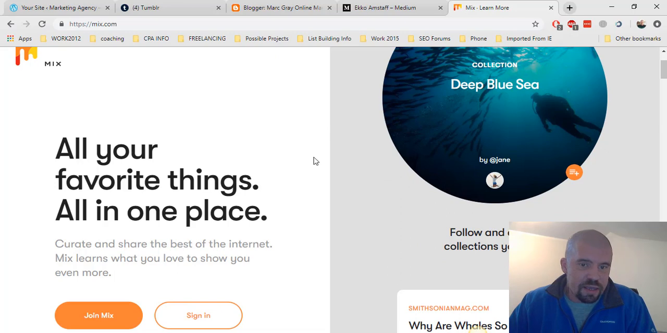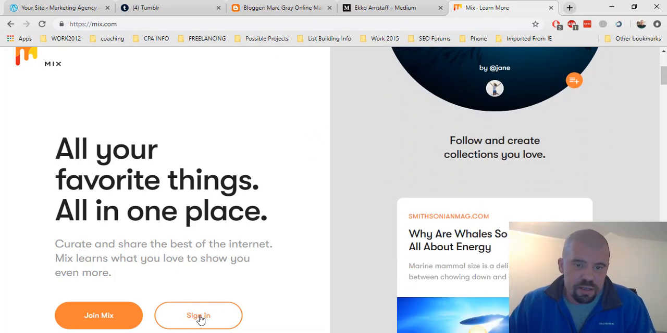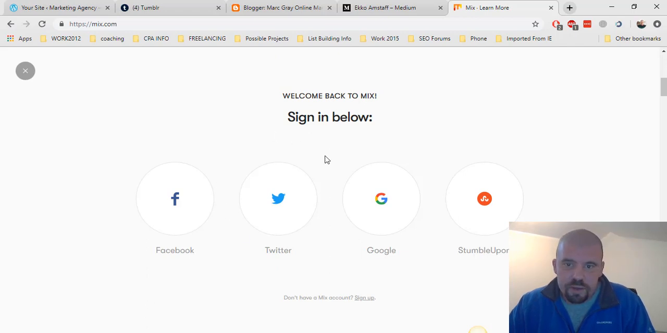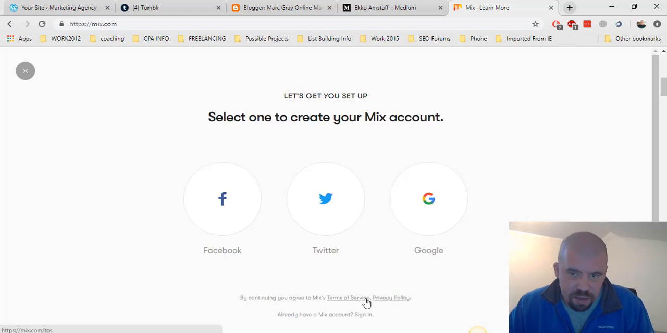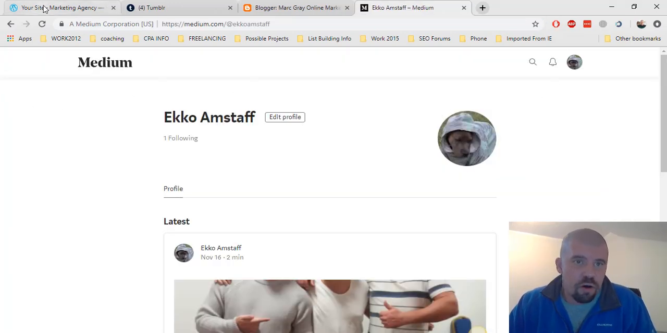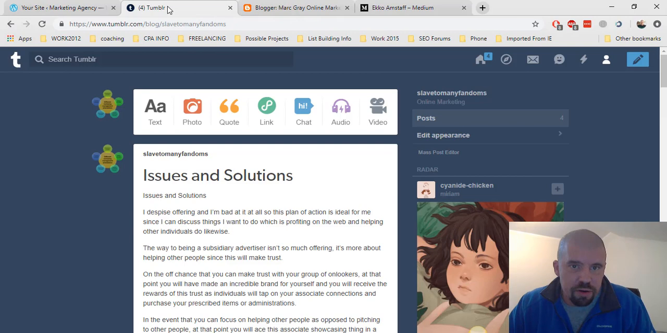I have just actually created a profile, so I can sign in quickly and show you it. Okay, maybe I can't sign in here, but this is how easy it is. You'd go to sign up, and you can use your Facebook or your Twitter or your Google business profiles to create your Web 2.0. So Mix is one that you could do. For me, the strongest ones at the moment are obviously WordPress, Tumblr,